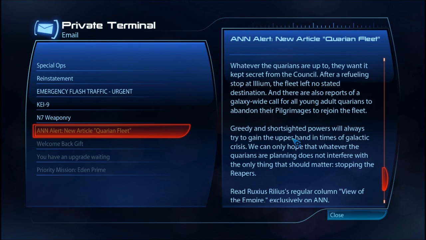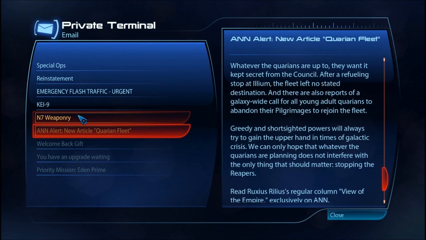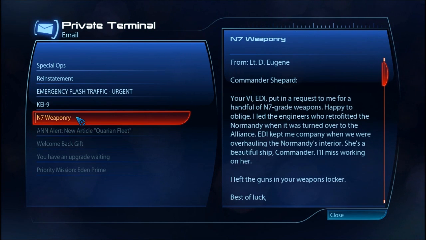I'm just going to go ahead and take a wild guess here that the Quarians are trying to take back their homeworld from the Geth, which is a really, really stupid idea, and I'm pretty sure I had Shepard tell them not to do that in Mass Effect 2, but whatever. And they also picked a really crappy time to do it too, right when the Reapers are here, but...